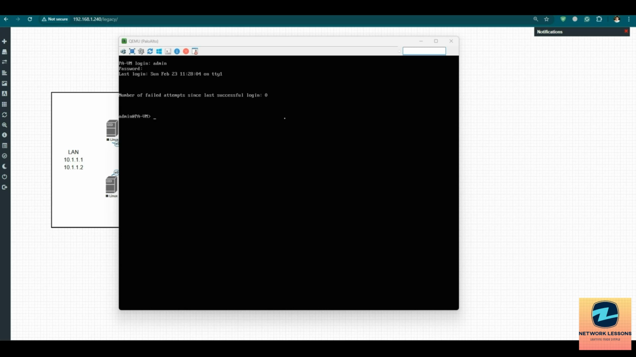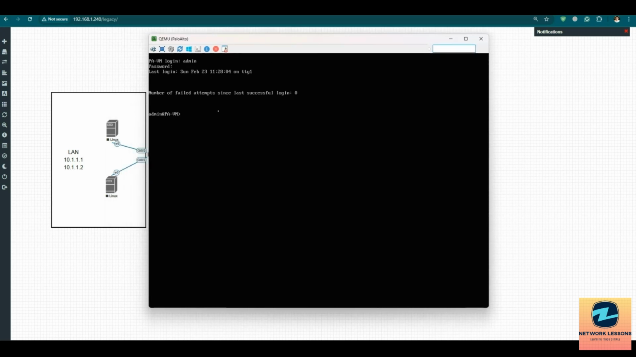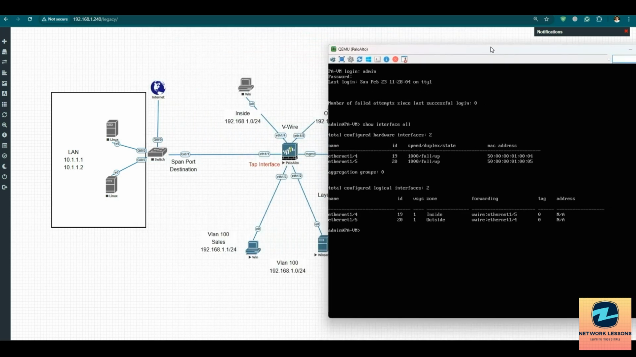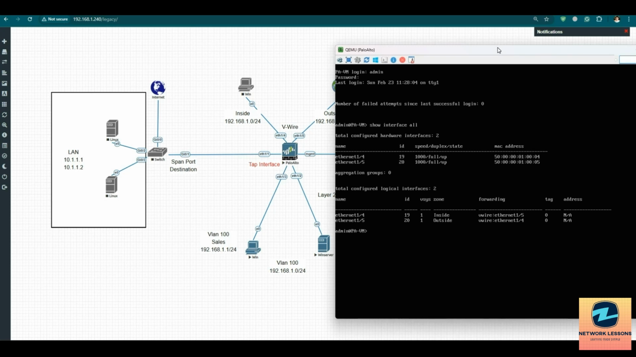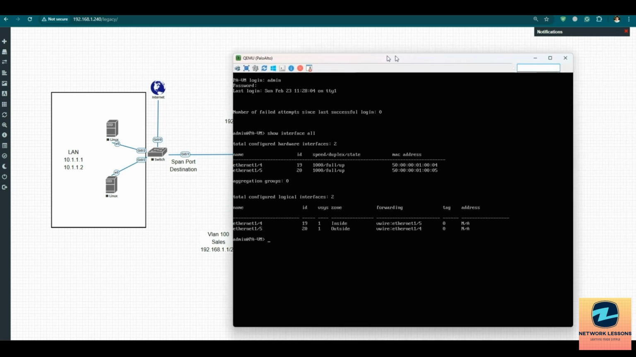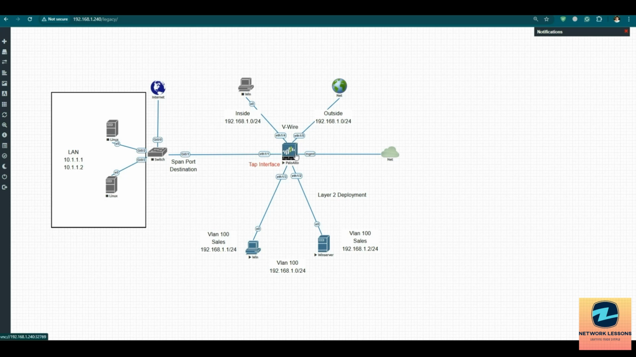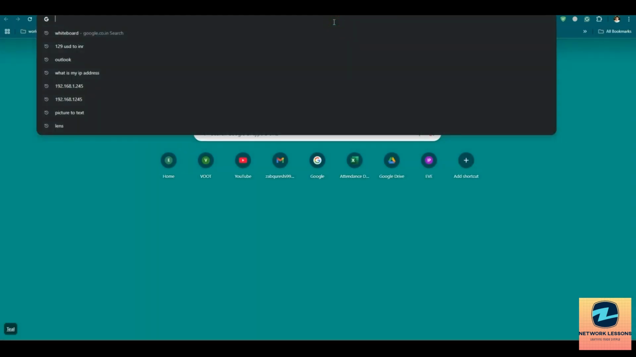Alright, so the Palo Alto firewall has initialized, and I will log in. If I look here, I have two interfaces, 1/4 and 1/5, which are part of the vWire basically, right? You can see forwarding vWire. We had already configured this, but when we are deploying the L2, we will use ETH1/2 and 1/3. All right, so I'll just keep it like that, and we will log into the PA, and